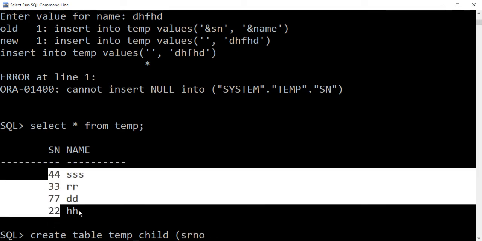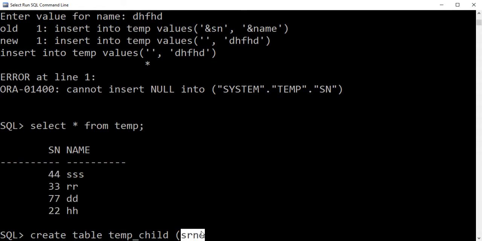Okay, so all the values in this column are going to be elements of the primary key of this table. Okay, so serial number as number of size 3, and we are taking another column as course.